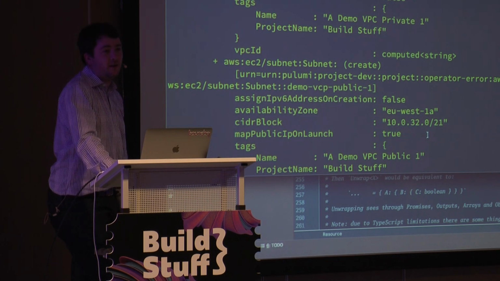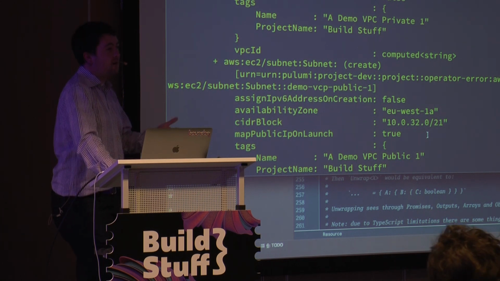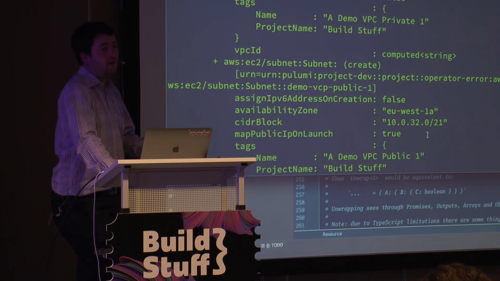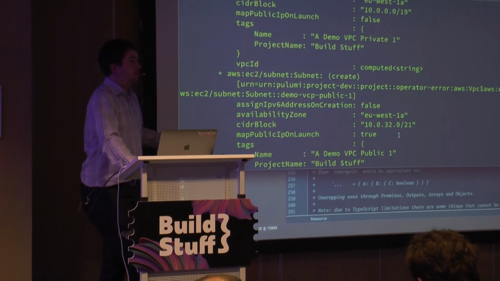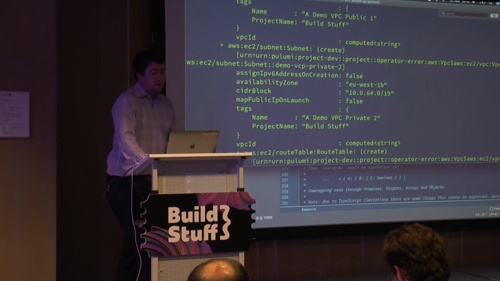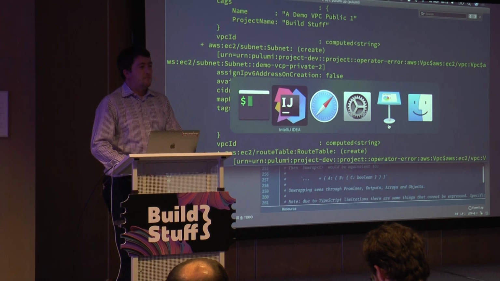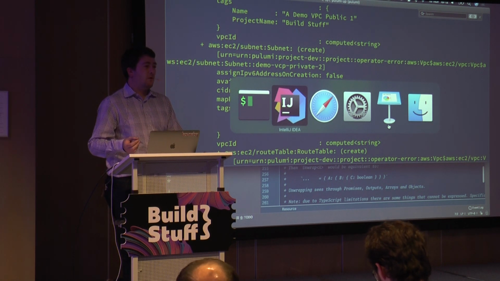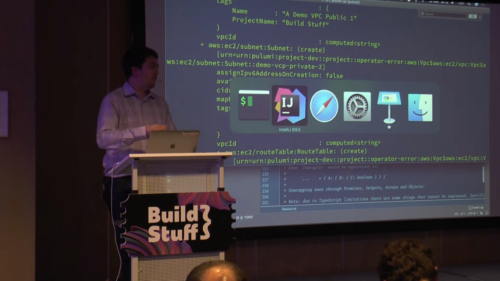This is the kind of stuff that's really hard to do when you don't have a programming language behind it, because to do this kind of CIDR math, you actually have to run code. So either you have to special case every little piece of processing that you might want to do on a value and build it into the tool, or you have to give people the freedom to build their own functions. And that's exactly what this does. So that covers the basic use case of this tool for creating resources, for componentizing things and being able to create some basic levels of abstraction.